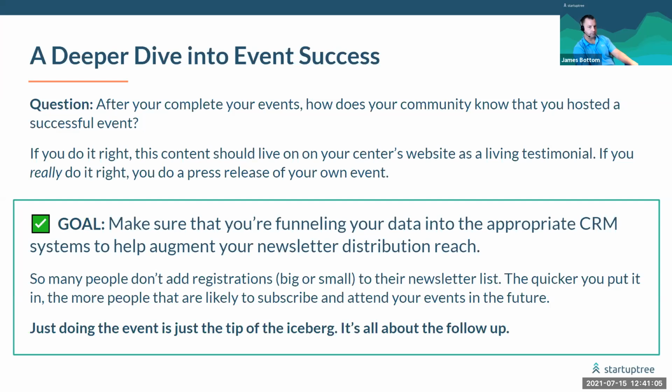I mentioned this a little bit: doing a write-up or some kind of event after the event. It's really after the event that you can help yourself get some better help for your systems. So do those write-ups. Your old events end up becoming a new piece of news in your newsletter section. And the other thing you have to do is make sure you're taking all of those lists that you're getting from those actual events and plugging them into your CRM to help your newsletter increase its reach and distribution. So again, doing the event is really the hard one, but then making sure that you're assigning or helping people create those long-term assets is good.